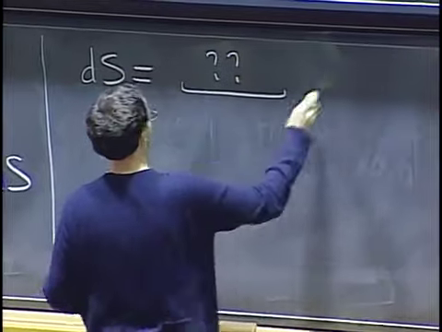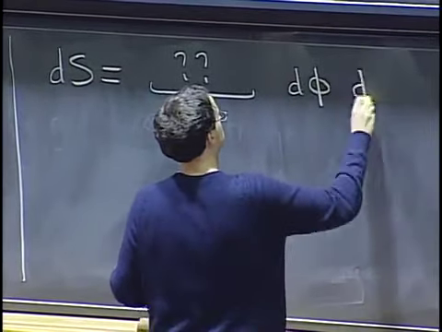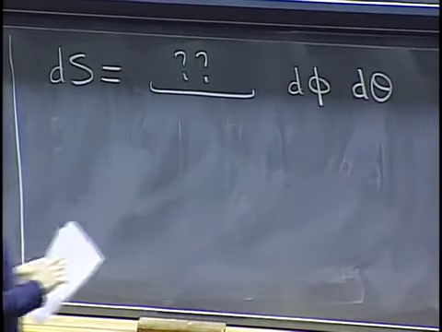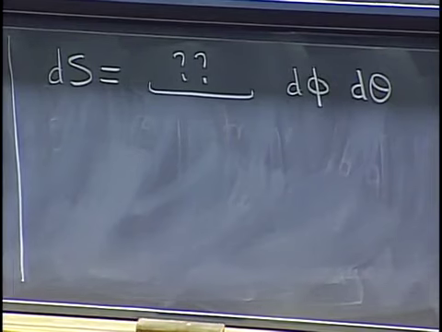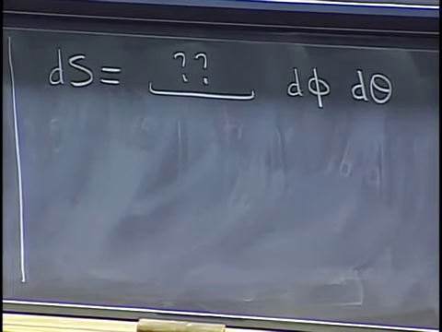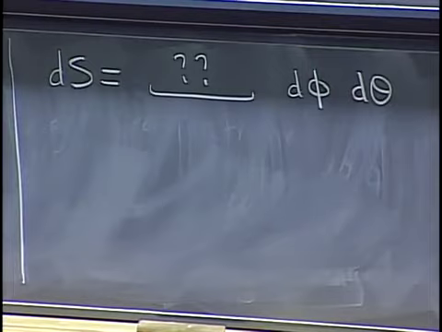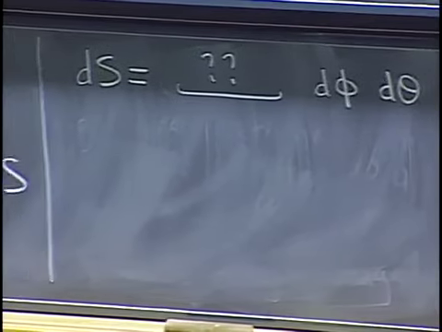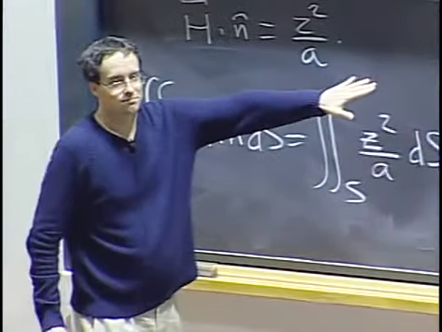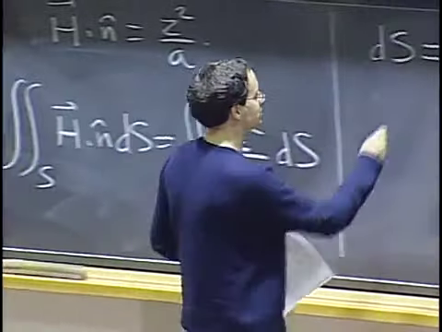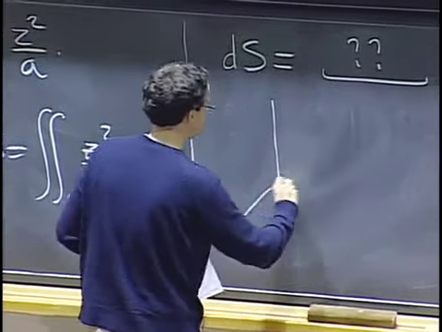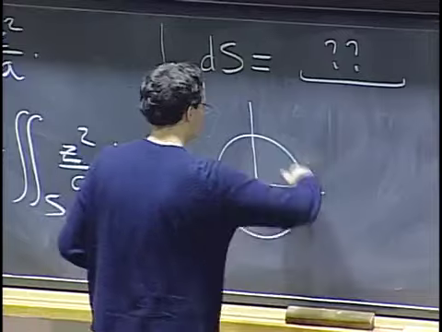And of course, we have to figure out how to express dS in terms of d phi and d theta. Well, if you were paying really, really close attention last time, then you'll notice that we've actually already done that. Okay? So last time, we've seen that if I have a sphere of radius a,